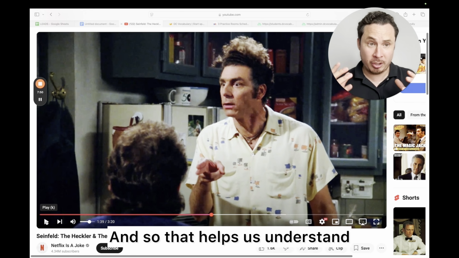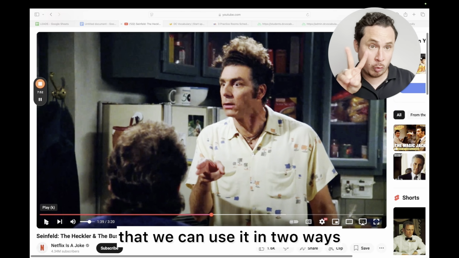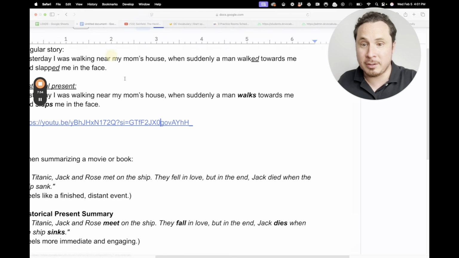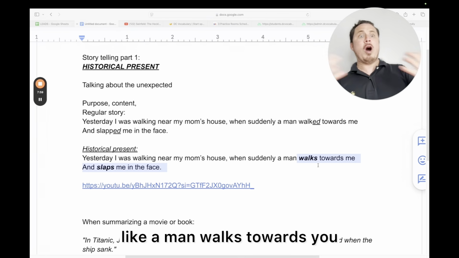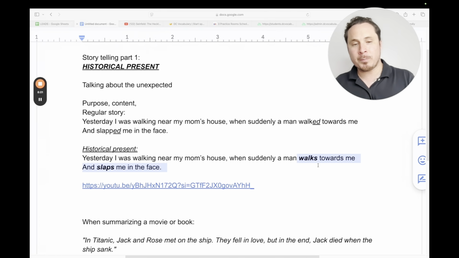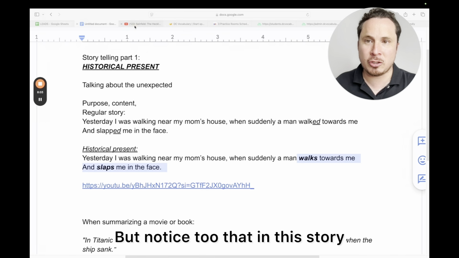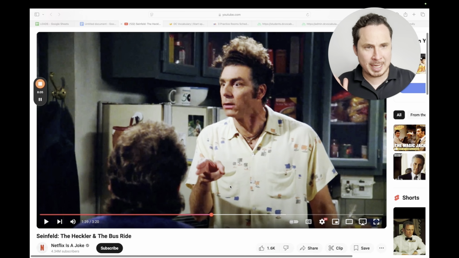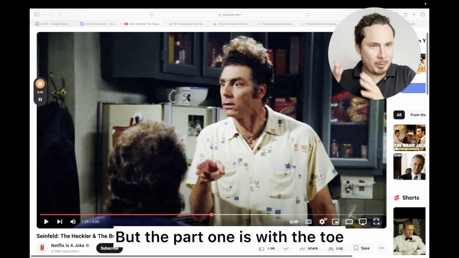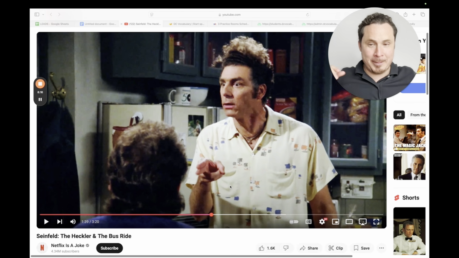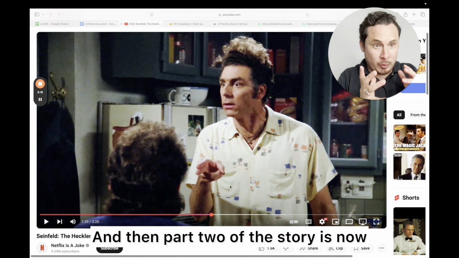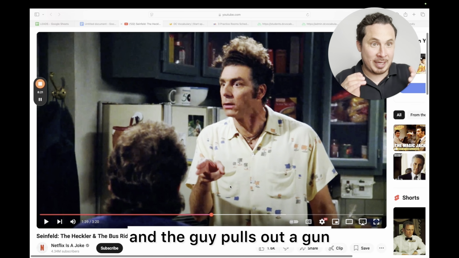And so that helps us understand that we can use it in two ways. We can use the historical present when something unexpected happens, like a man walks towards you and slaps you in the face. But notice too that in this story, there's like a part 1 and a part 2 and the part 3. We'll talk about the part 3. But the part 1 is with the toe that got severed, that he cut the toe with a street sweeper, right? And then part 2 of the story is now where he's on the bus and the guy pulls out